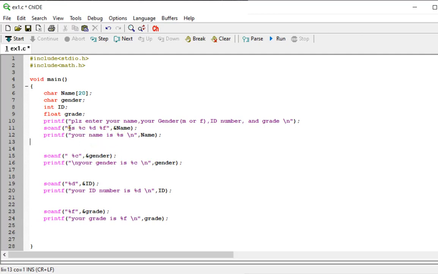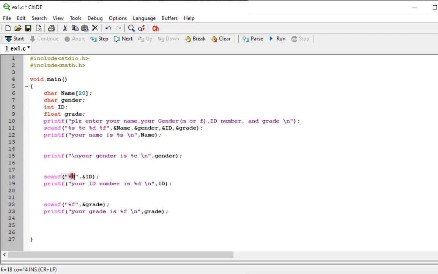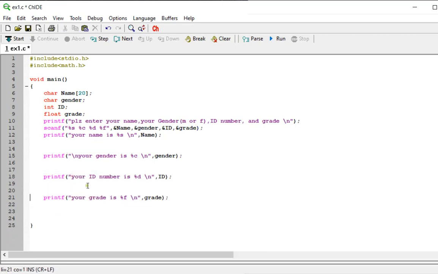Now the first is string will be saved in name, comma. The second one is a character for gender, saved in gender variable name, and third one will be saved in ID variable name, and fourth one is the grade will be saved inside the grade variable. So we have to delete this scan and delete this scan and delete this scan,